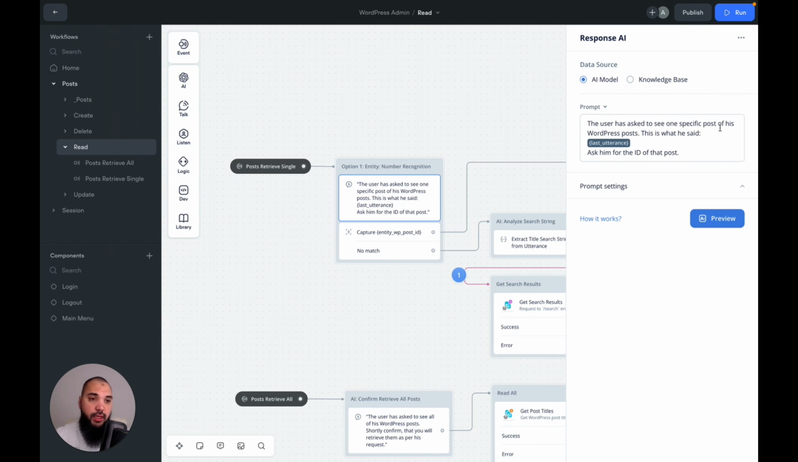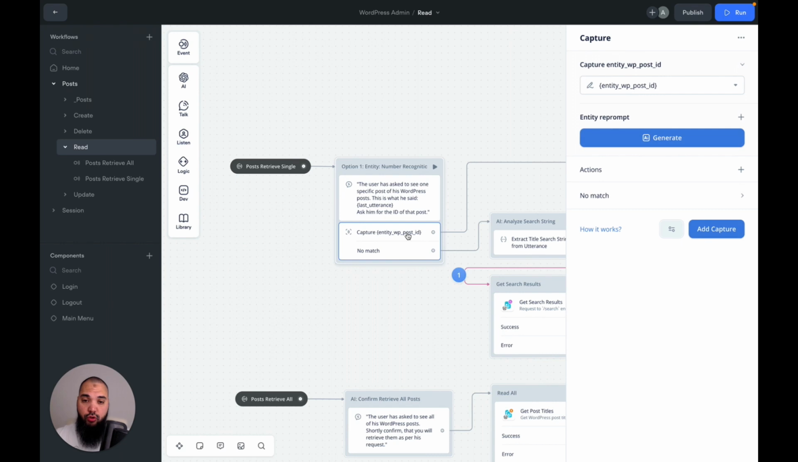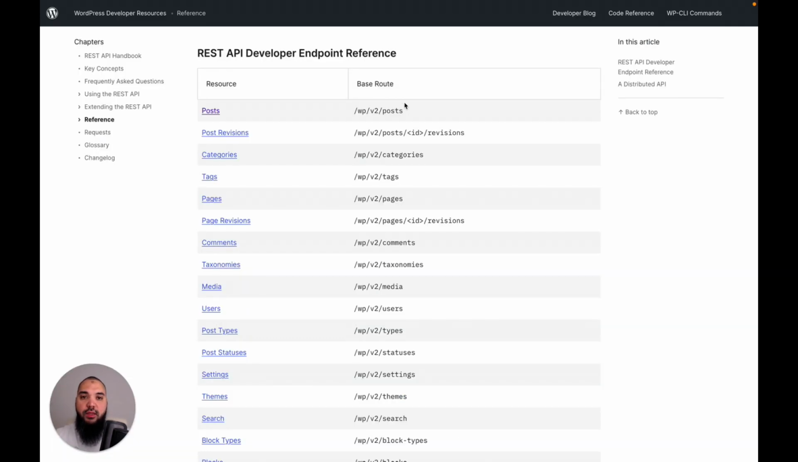So the user has asked to see a specific post. This is what he said. Ask him for the ID of that post. Now, as you know, we do need an ID of a specific post if we want to use the WordPress API for this. Because if we take a look at the WordPress API, then remember this is the API reference